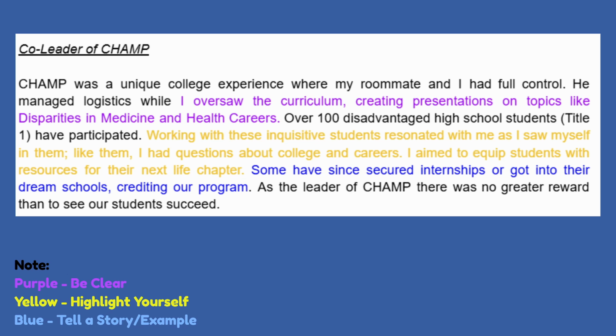So I do that by drawing a comparison here in yellow between me and the students to help explain why I'm involved in CHAMP, this program. So here in yellow, I write, working with these inquisitive students resonated with me as I saw myself in them. Like them, I had questions about college and careers, and I aim to equip students with resources for their next